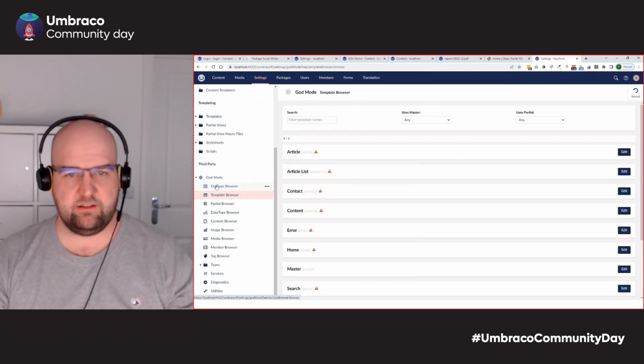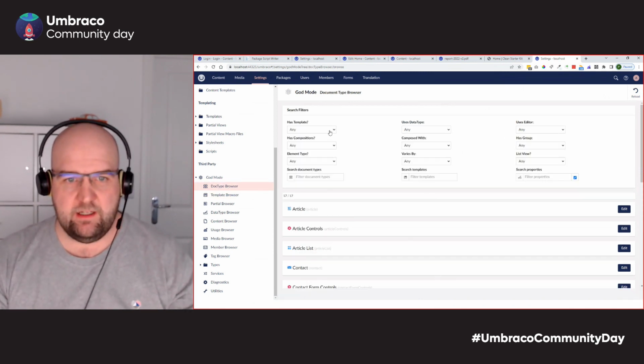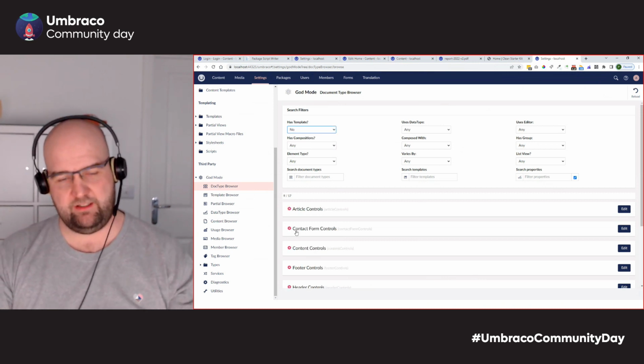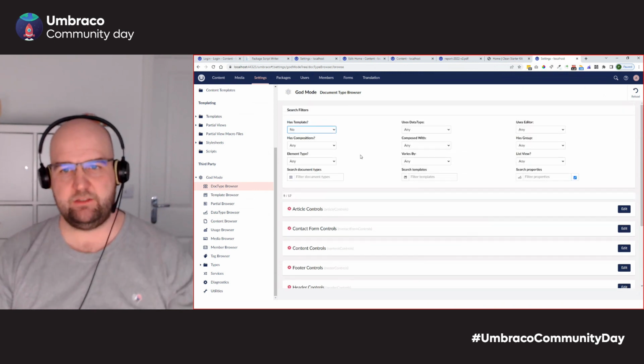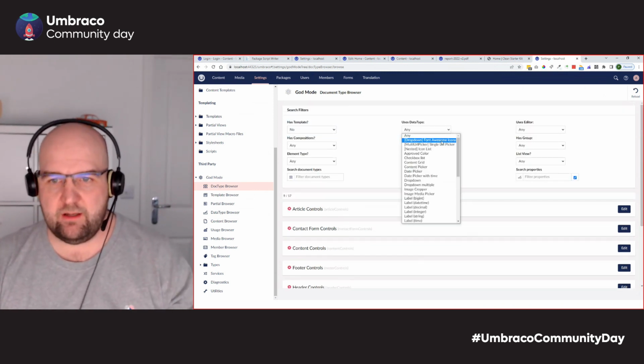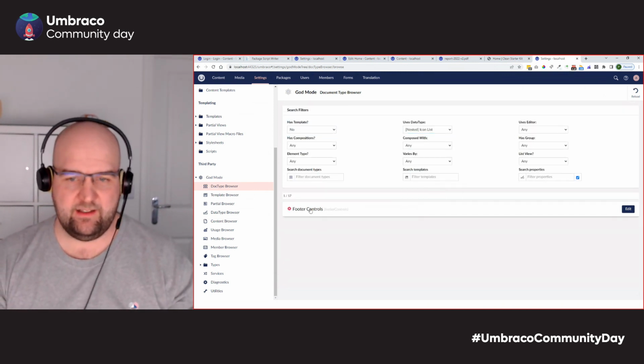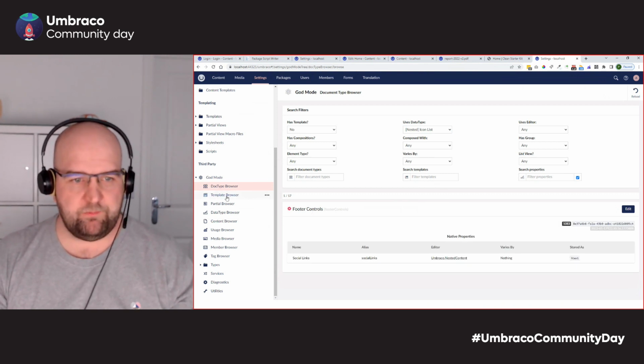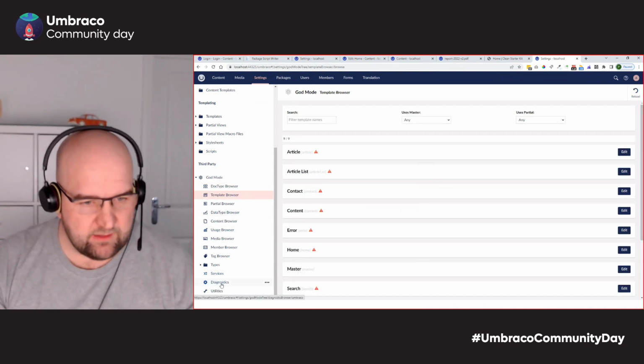the template browser, so you can look at things and filter. I want to see document types that have a template or that don't have a template. Here we can see the element types and things. I want to see document types that use the icon list. The template browser, there's even diagnostics,